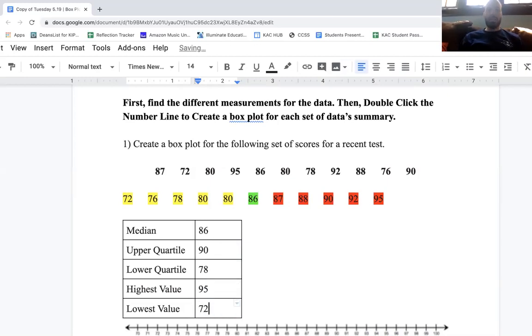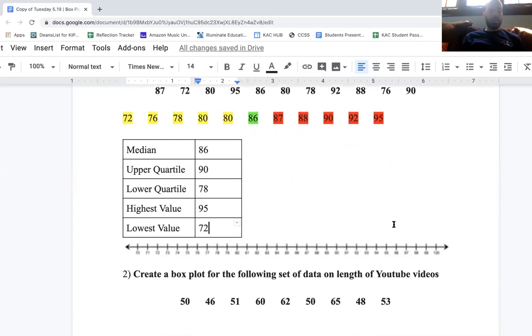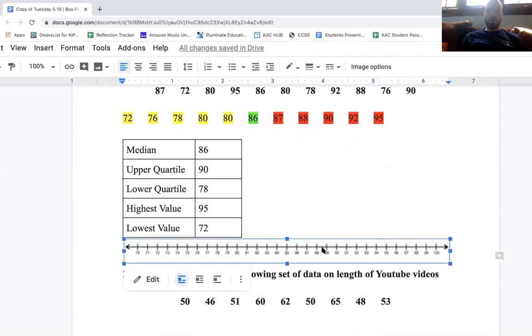The biggest mistake people are going to make is they're going to forget to put them in order from least to greatest. That has to be your first step because these numbers in the order they're in are totally meaningless to us. Okay, now that I have my numbers, I'm going to double click my number line